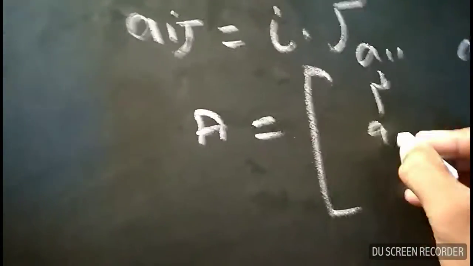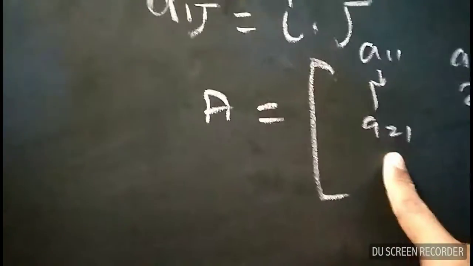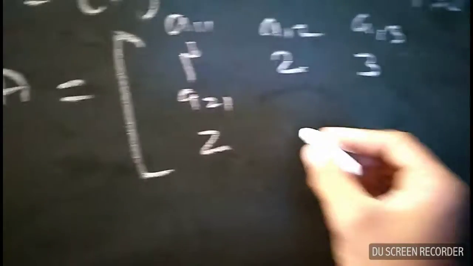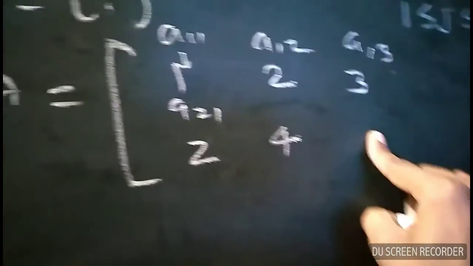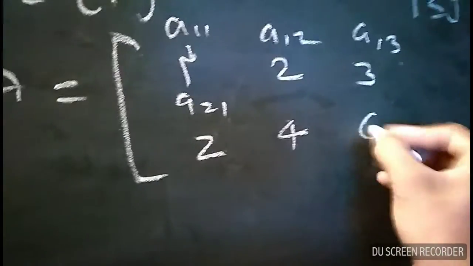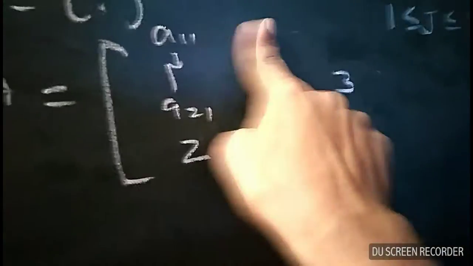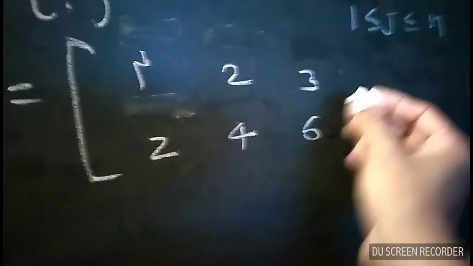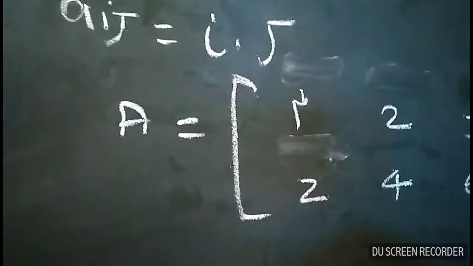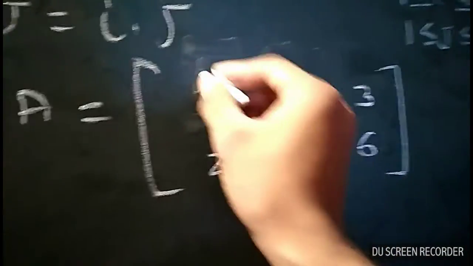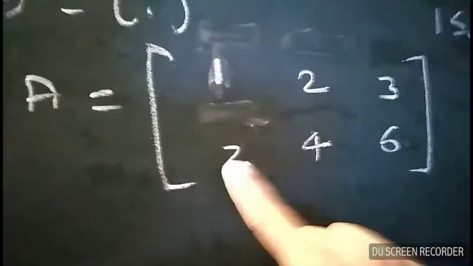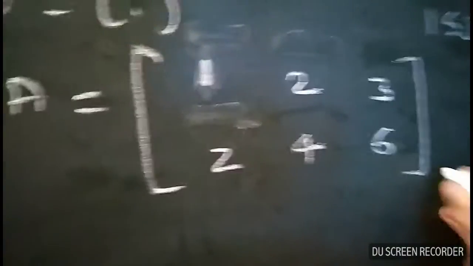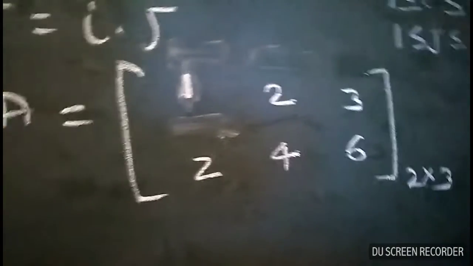Similarly A 2 1, by definition 2 dot 1, that is 2, and 2 dot 2, that is 4, and 2 dot 3 is 6. Then the matrix capital A is written as 1 2 3 2 4 6, that is a 2 cross 3 matrix,